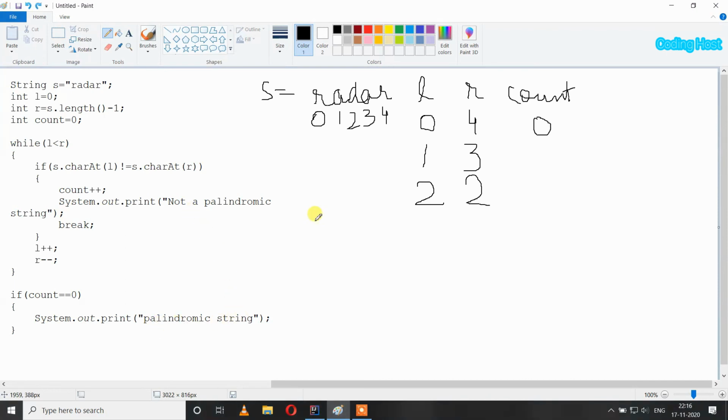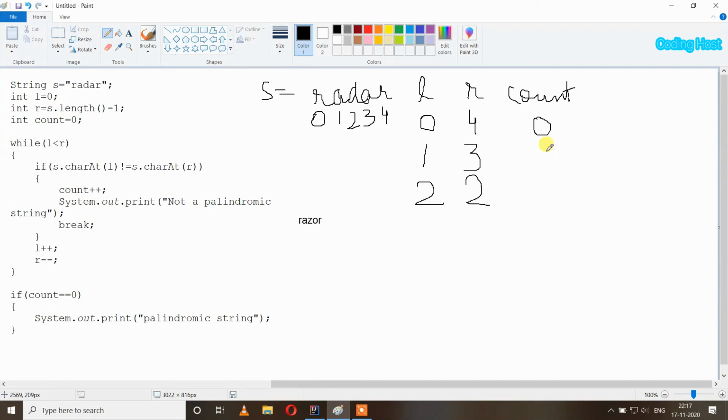And if I take the example of the razor string, in this razor string you can check that at some index the left and right hand side characters will become unequal, and at that time this if statement will execute and it will increment the count variable.